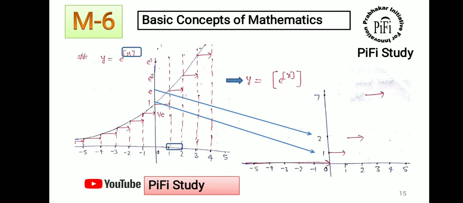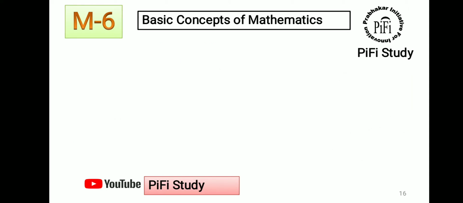So increase your interval along the x axis and try to find the value of y, and only take the integer value, like in this case the value of e square is 7.29, but you have to take the integer value like 7. So for next,